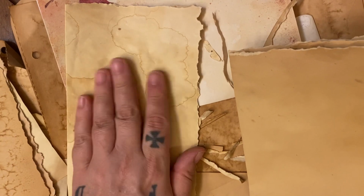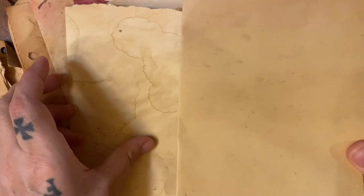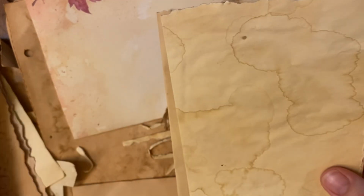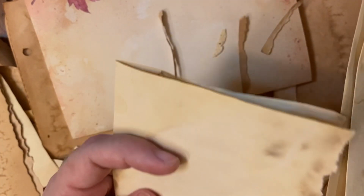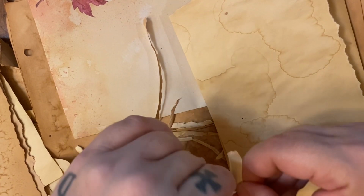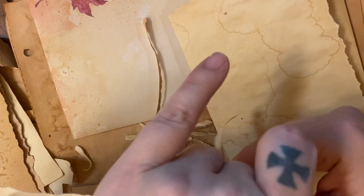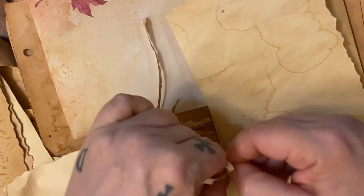I'm tearing the edges. I've got two types of paper here, a light cream, tan, or ivory, and this warmer color, which is old paper from, I believe, a scrapbook or photo journal. It's just a little bit warmer in color. So I'm tearing along the edges and just stacking them up. Slightly different sizes, slightly different tear patterns. And pretty soon, I'm aiming for about 25 to 28 pages of just paper that's been tea dyed like this,